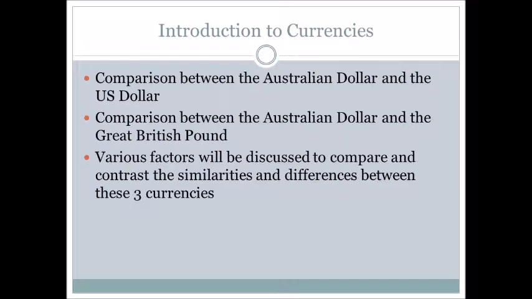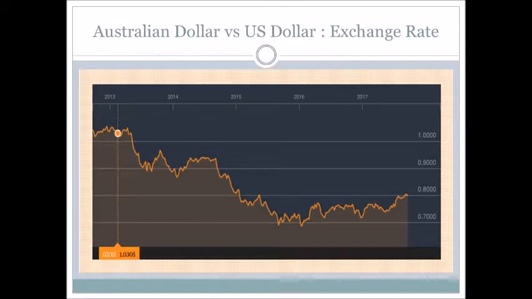Frequently, the US dollar is used as a base comparison currency for other countries to compare their own currency. In recent history, in comparison to the US dollar, the Aussie dollar has been steadily declining according to Bloomberg markets. The changes in the exchange rate over time show that one Aussie dollar used to buy as much as 1.0566 US dollars in late 2012, compared to its buying power today of one Aussie dollar buying